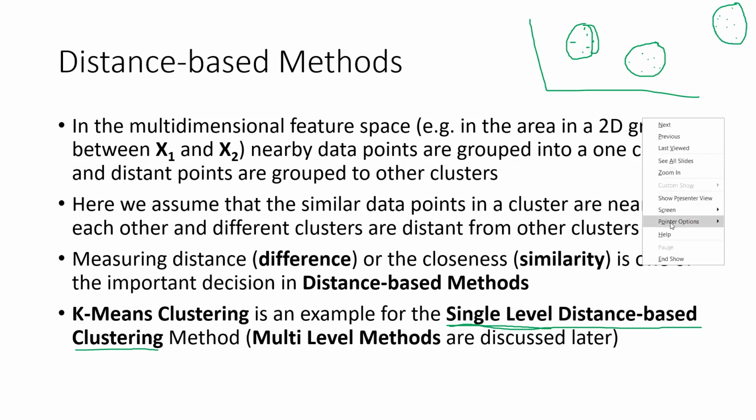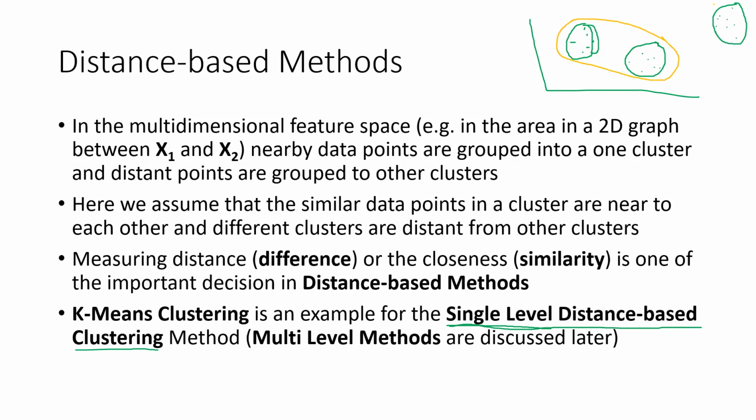Another way is that you can define two clusters like this. In the green case, you have defined 3 clusters. In the orange color, you have defined 2 different clusters. So there are different ways of defining clusters around data points, because we don't actually know how many clusters there are